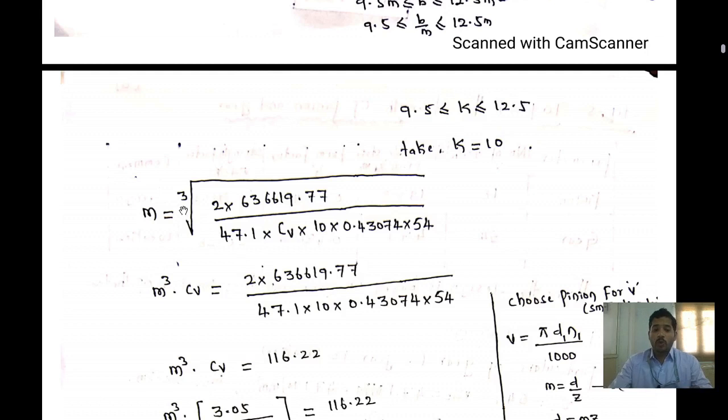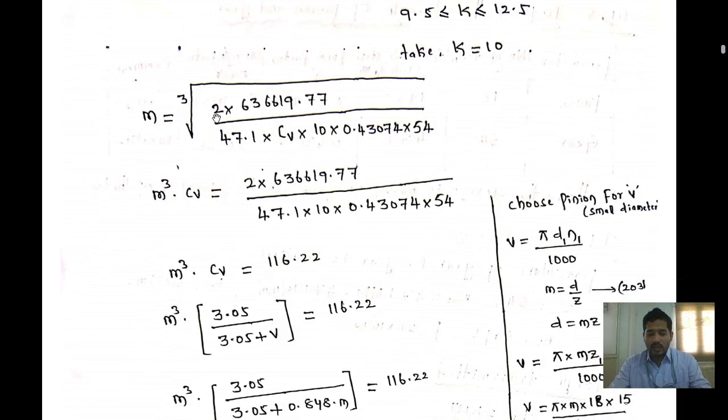If you remove the cube root, it makes the power 1 by 3, so it becomes m cube. So this value CV we need to multiply over here, and this whole value we need to divide. If you divide the whole value with the help of calculator, then you will get the answer,